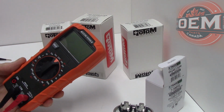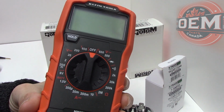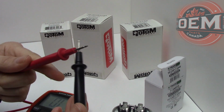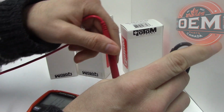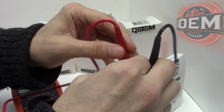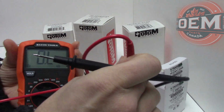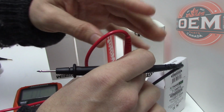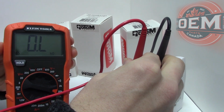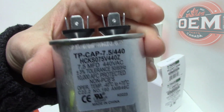You have your typical standard meter here. As you can see on the settings, there is no MFD reading. So if I was to try to test on the typical beep setting, I'm not going to read anything. It's just going to be OL. As you can see right here, nothing. It doesn't matter how many settings I go to here, I'm not going to be able to read anything. I'm especially not going to be able to read the microfarad reading that I need to know whether this cap is good or not,